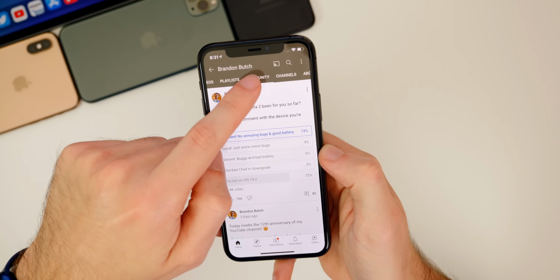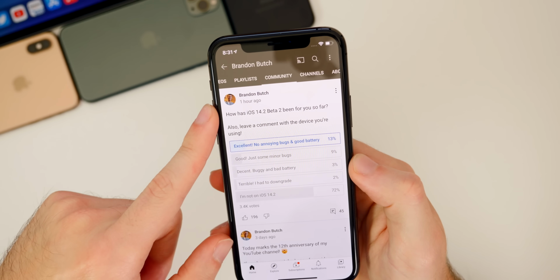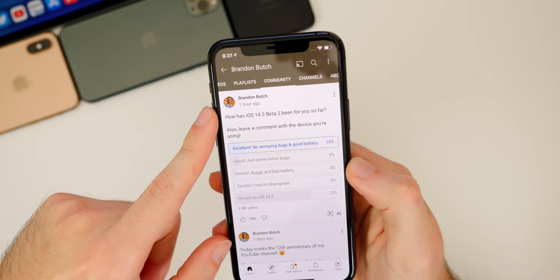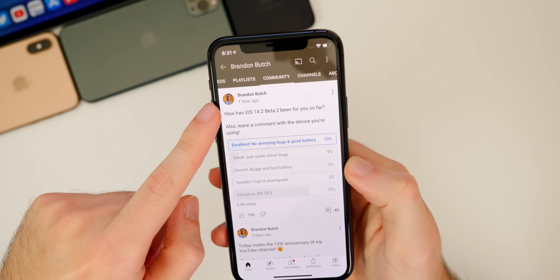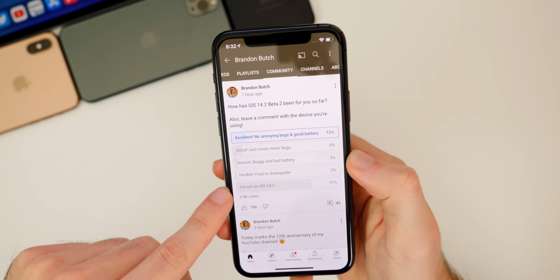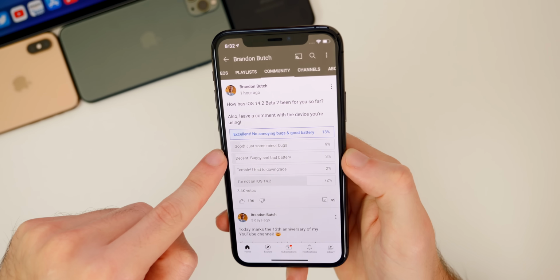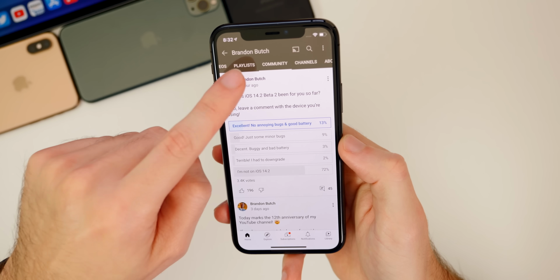If you go to my channel and go to the community tab, you will see this poll right here. So I asked, how has iOS 14.2 beta 2 been for you so far? I only asked this an hour ago, so there are only 3.4 thousand votes. So thank you to everybody who voted so quickly. But of course, this data will be updated and you can check out the updated stats on the community tab